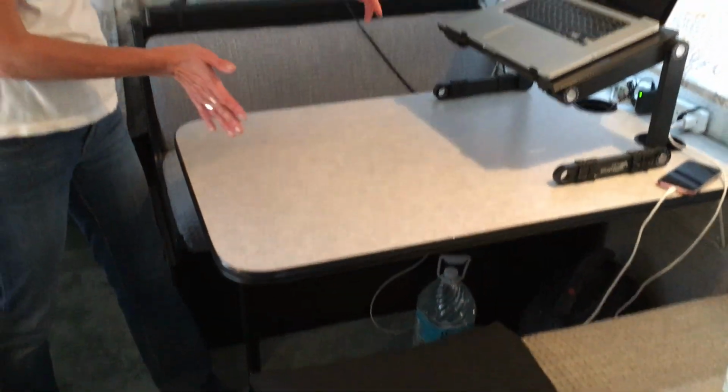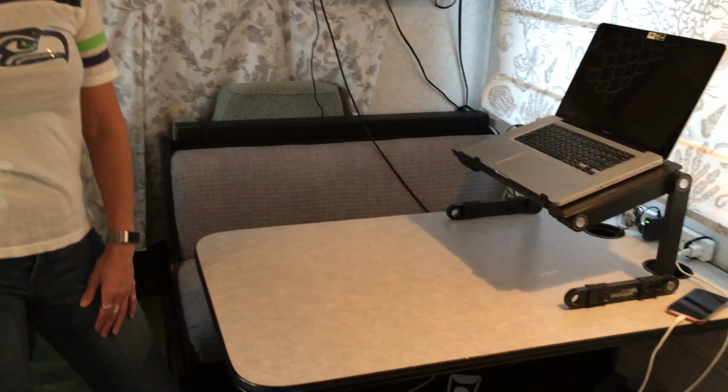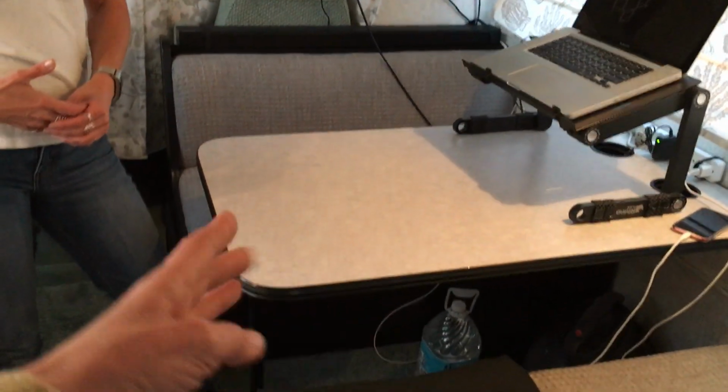fold-up table, or a table that'll fold down, swing out, and get a couple of chairs. So this standard folds down and becomes another bed, right? Yes, it does. And there's storage underneath here. There is. I have to